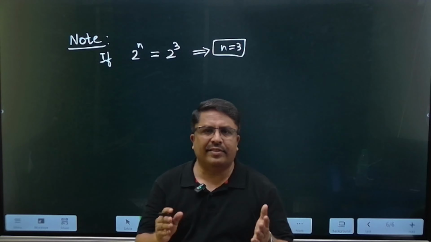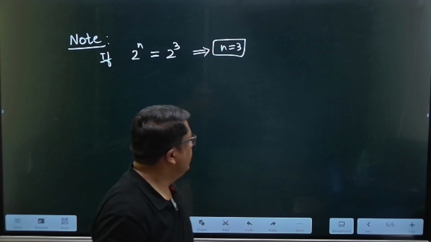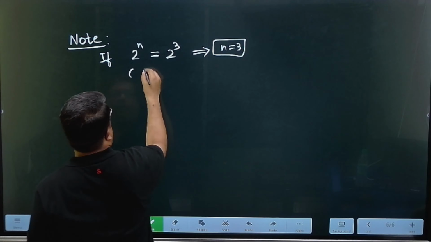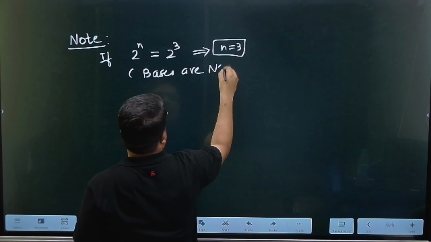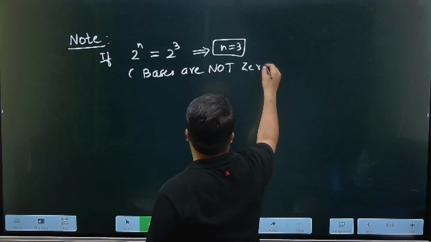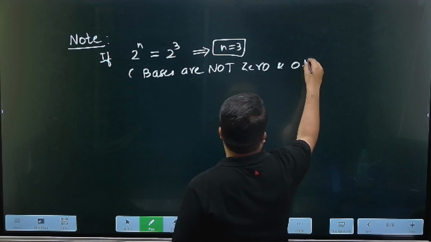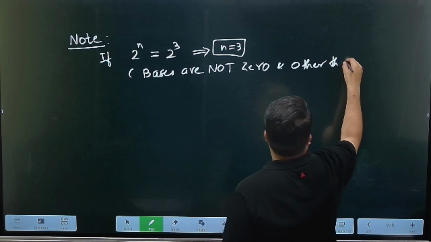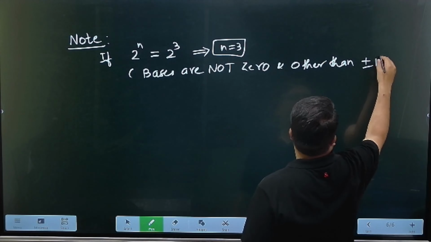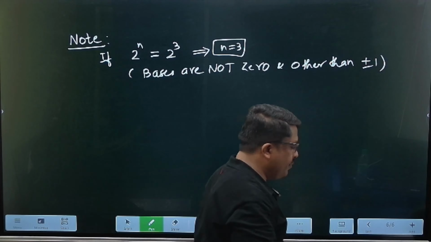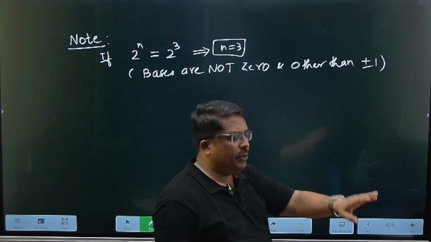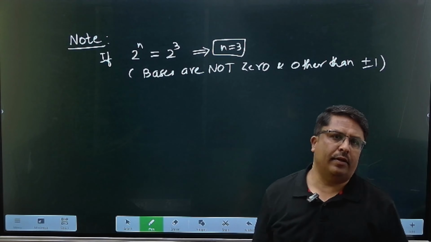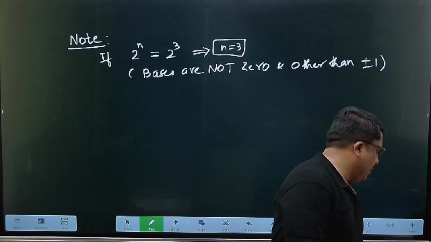Remember that the bases are not 0 and other than plus or minus 1. So bases should not be 0, they should not be plus 1 or minus 1. Okay. So then this implies,